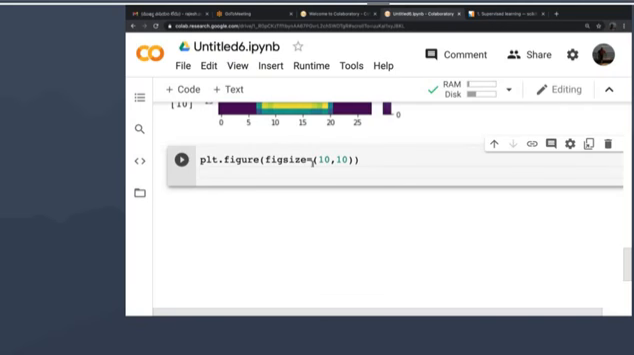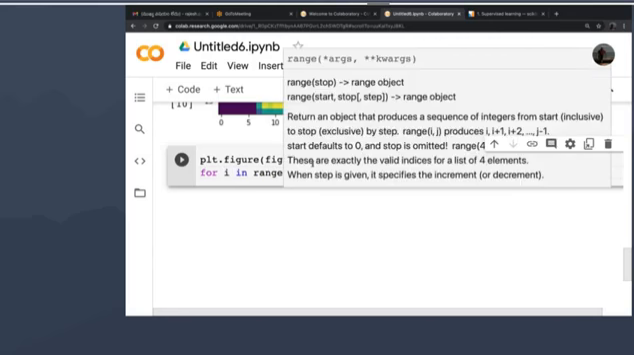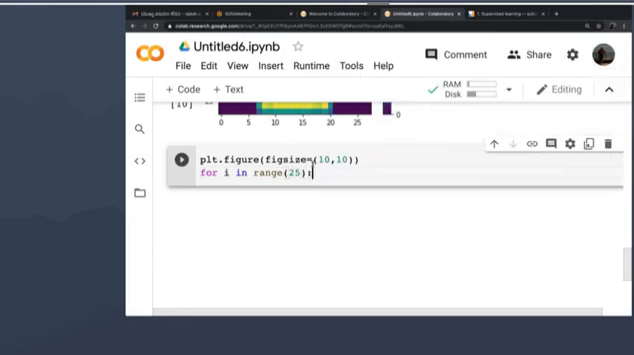So we have converted the grayscale into color bar. The original data is grayscale. To see the edges properly, we are using color bar. Yes, sir. Thank you. For i in range 25 colon